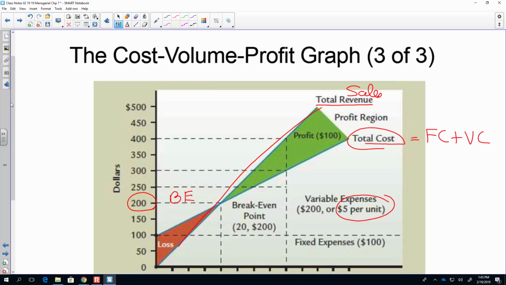What are we selling these for? $10 a unit. So at $10 a unit, we sell 200 units. That's $2,000 of revenue. Our fixed cost stays at 100, but then I'm going to add